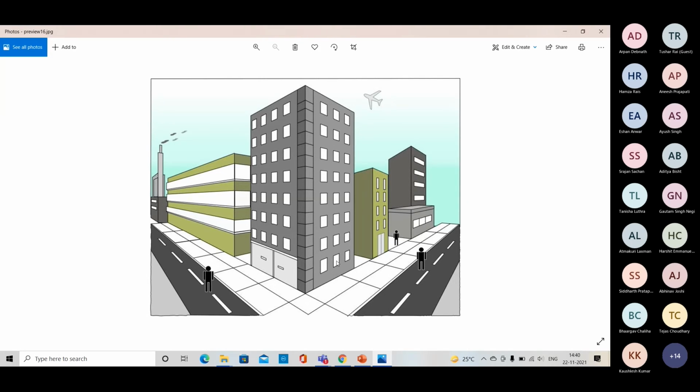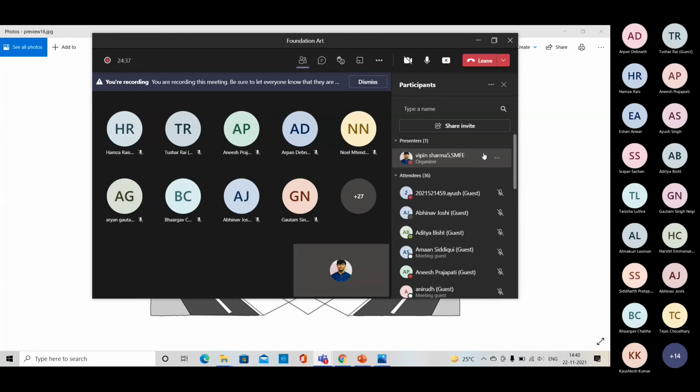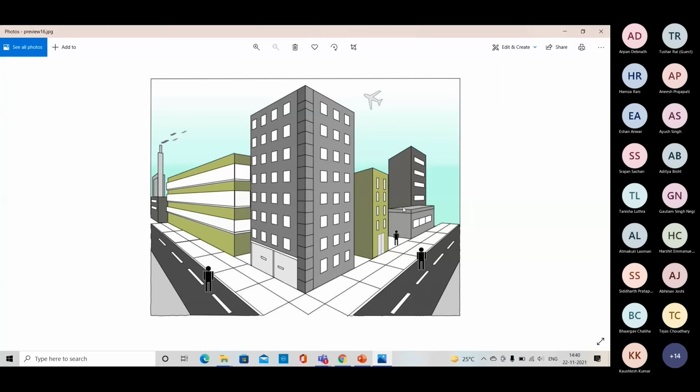So you guys have to check it out, everyone, and create it in a different eye level. It's a mid eye level, and you need to create it into a below eye level. Any doubt, you guys can ask me. So every building you have to draw. And I think Noel, there is a human being also you can find. So if your question is related to the human being, you can find the perspective and distance according to the vanishing points, right? So if your question is like this, we can resolve it.